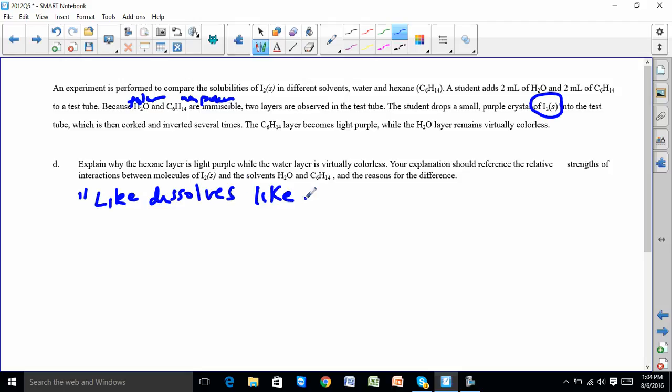So in other words, polar or ionic compounds, because ions have charges, will dissolve in polar solvents. Nonpolar compounds dissolve in nonpolar solvents. And so that's what like dissolves like means. You don't have to put that in there, but you need to say something like,